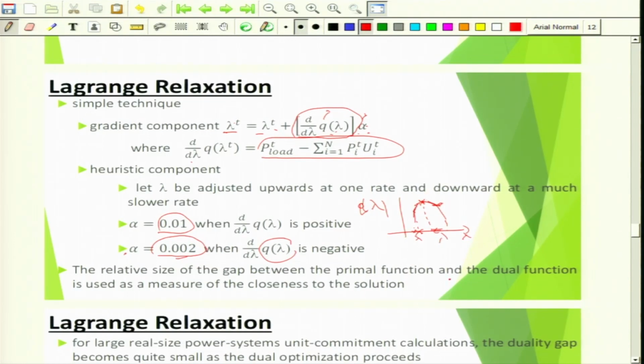So the relative size of the gap between the primal function and the dual function is used as a measure of the closeness to the solution. So we will take up the problems and the flow chart